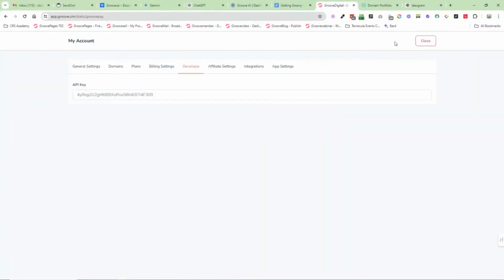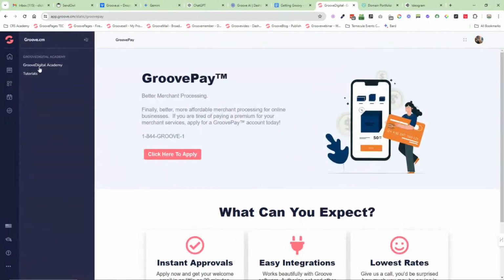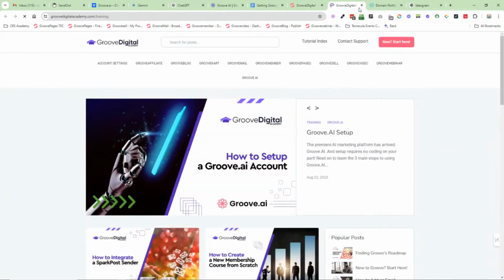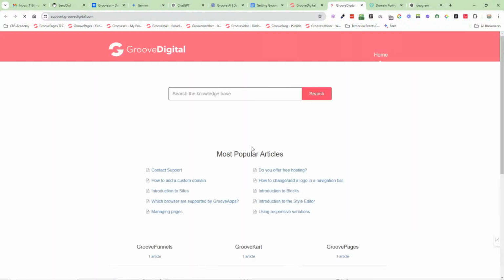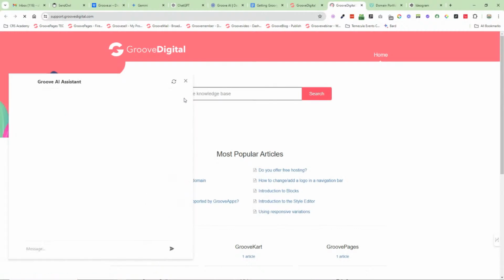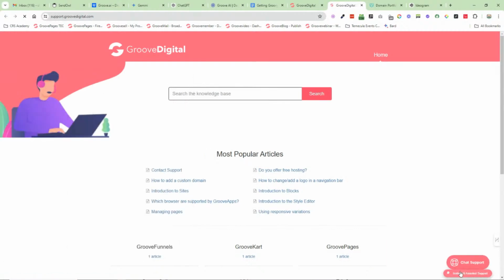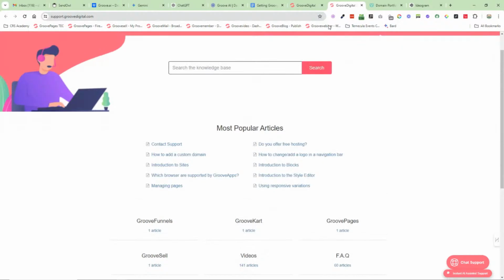Then you have your API key. Down here, you can change from English to Portuguese. Again, here you have the Digital Academy. We're going to come into here in detail in a bit. And also you have the help desk. Again, I'm going to cover all of these, but the little AI chatbot will pop up again. And if we cancel him out, you'll see it opens up back here. So he's always available. And then you have chat there, and you can search the knowledge base or find different training videos.